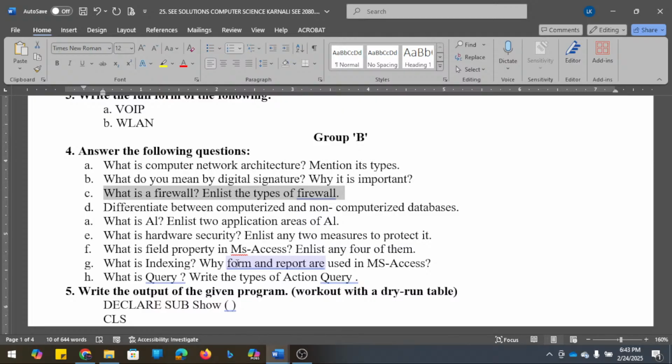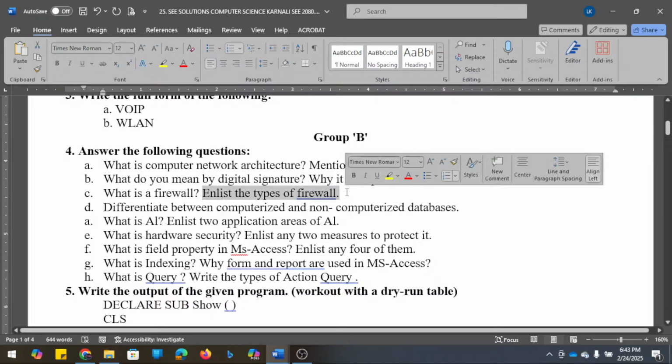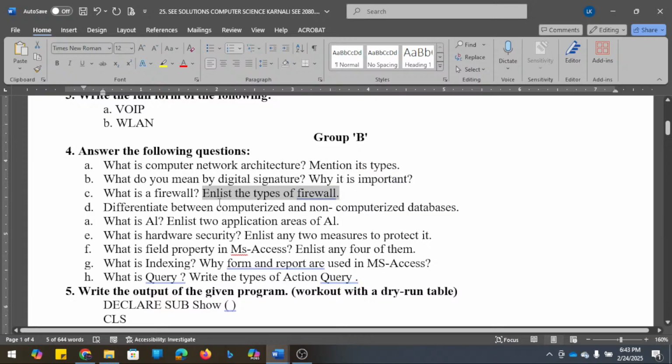So that is called firewall. Mainly we have two types of firewall. The first is hardware, and the second is software. Software mostly comes with the OS, or we can also buy it. Hardware mostly comes with the switches, routers, gateways, etc. So that is called software and hardware firewall.